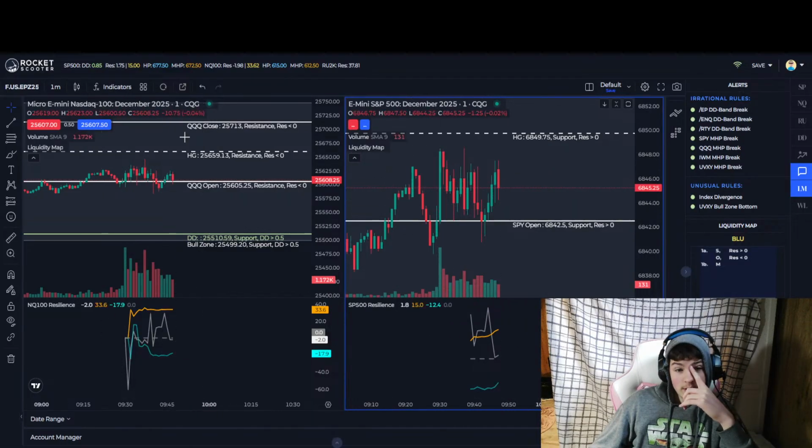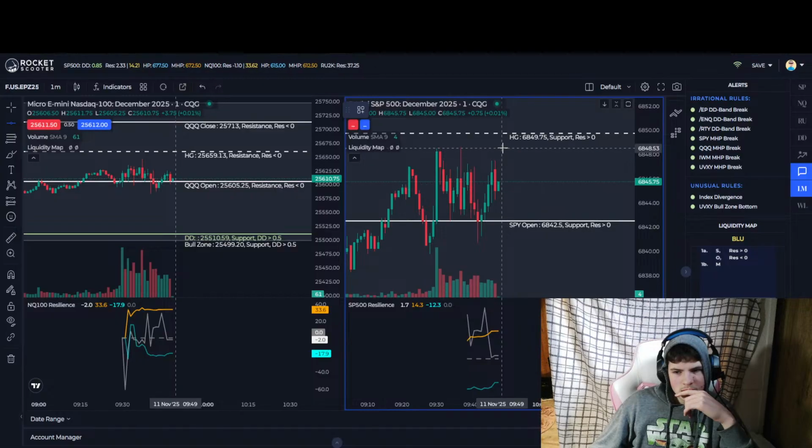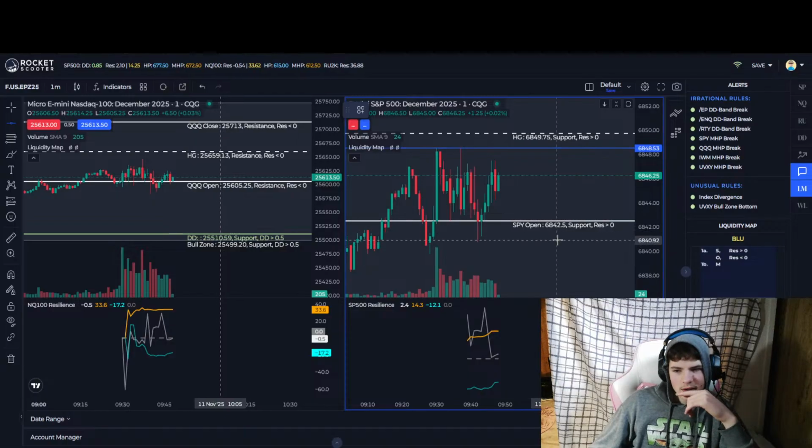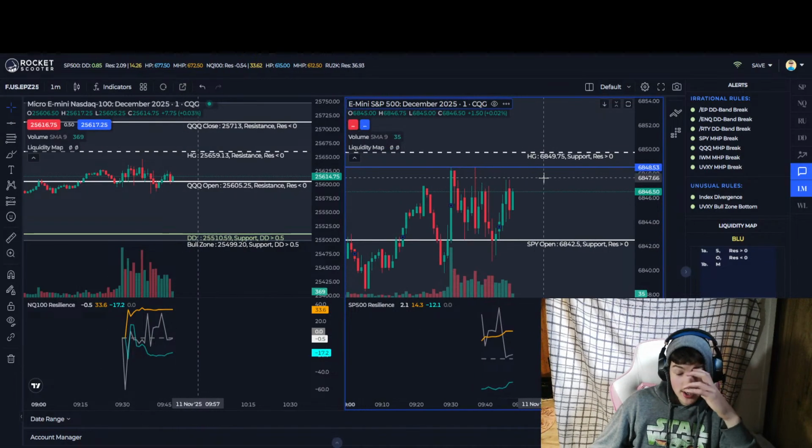Look at that chop, man. It is stuck, I'd say around SPY open. It's stuck in this area right here, so just below half gap.